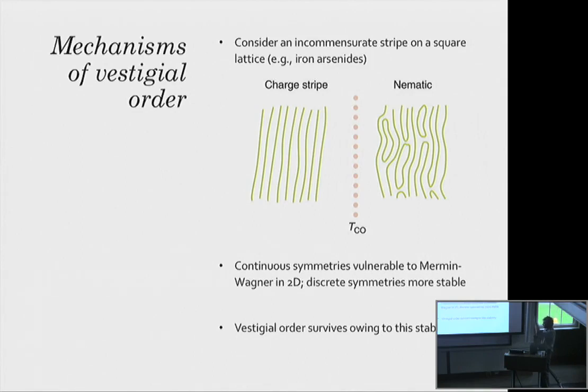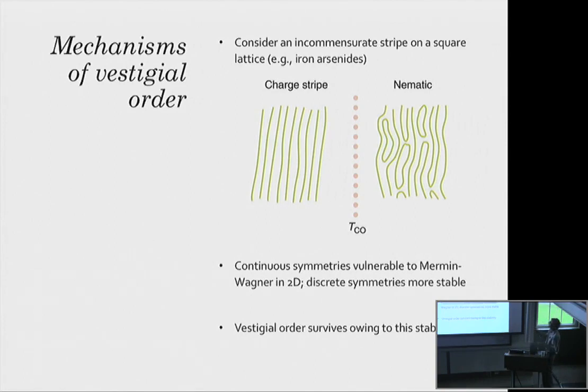So the stripe is either going up, down, or left, right. It's not going at a funny angle because the locking to the lattice prevents that. So it's orientationally locked, but sort of translationally unmoored. And if you take this to finite temperature in 2 dimensions, of course, what happens is that the stripe starts